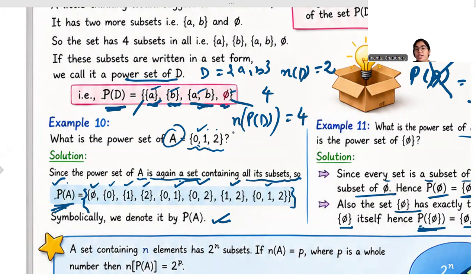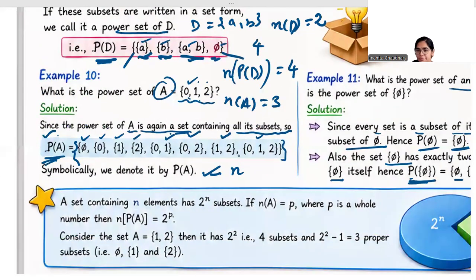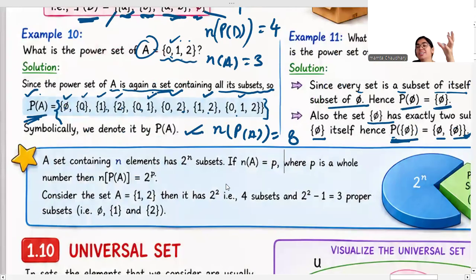Now here, cardinality of set A, how many elements? 3. And cardinality of the power set of A will be what? How many elements are there? 1, 2, 3, 4, 5, 6, 7, 8. 8. Right? Every time it is not possible to write. Suppose in a set A, there are 10 elements. So since morning till evening, you will be writing its power set only. So how many elements are there in a power set? Or how many subsets are there of a set?